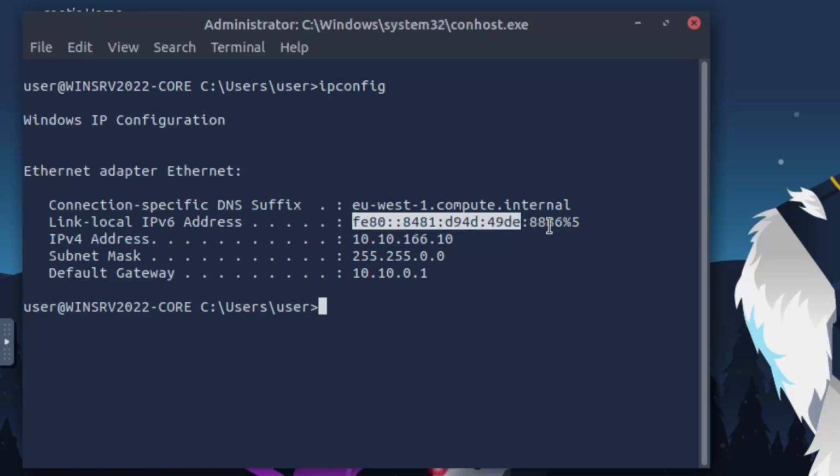IPv6 is a very different type of address. When you think of an IP address, most people think about this format because that's the IPv4. It's the more common one. And then IPv6 is this really, really long thing because there are just more variations that can be generated with an IPv6 address. So ipconfig gets you, at the very least, the IP address that's assigned to your machine,